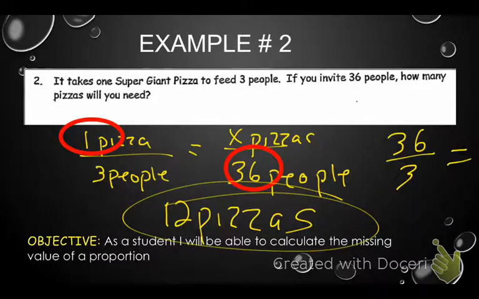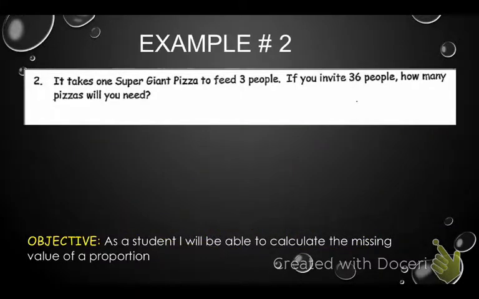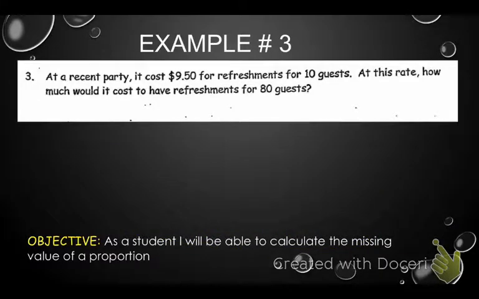Okay, and example number 3, which we will see right now. It says at a recent party, it costs $9.50 for refreshments for 10 guests. Hey, that's a ratio. $9.50 for refreshments, and I'm going to use